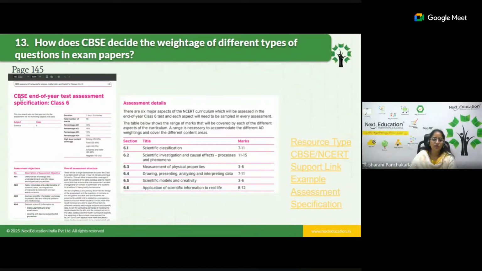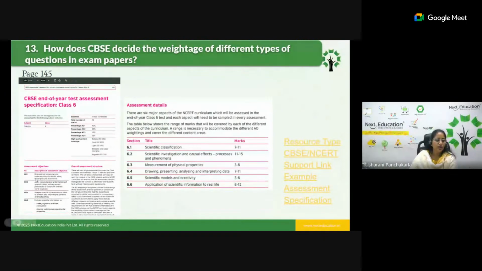Yeah, if you see here, this is how the CBSE has given the assessment objectives and the percentage of how these assessment objectives, AO1, AO2, AO3, AO4, are given. And you see this is moving across remembering, understanding, application, analysis, and evaluate. This is how Bloom's taxonomy levels are also increasing across, and this is about the competencies given and the percentage that needs to be covered. This is one approach which has been given here as well.